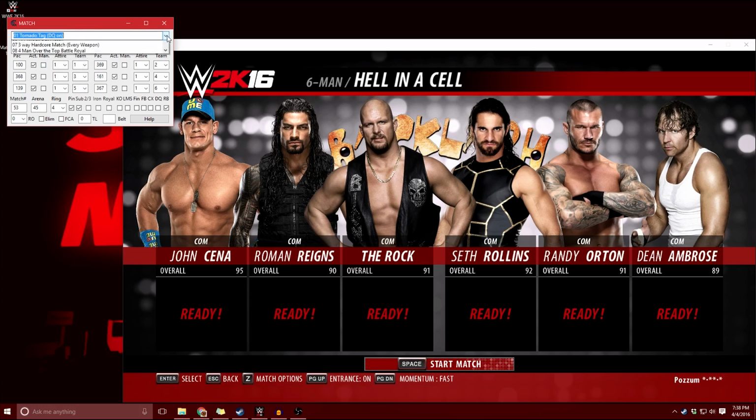So now we can look at some of the other options here. We have 1-on-2 tornado match, 1-on-3 tornado match, 2-on-3 tag match, 1-on-1 knockout match, 3-way hardcore match with every weapon inside the ring, 4-man over-the-top battle royal, 1-on-1 first blood, 2-on-1 first blood, tag team falls count anywhere, triple threat falls count anywhere, fatal 4-way falls count anywhere, tornado tag ladder match, fatal 4-way steel cage match, steel cage pin and give up options on, triple threat steel cage pin and give up options on, fatal 4-way steel cage match,